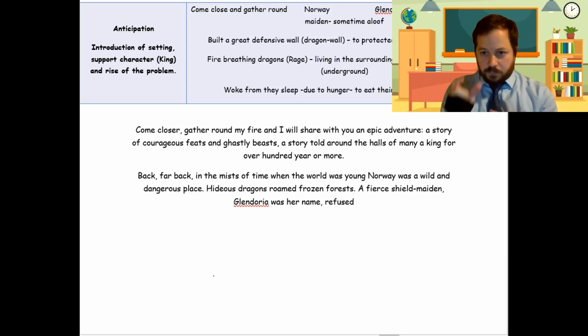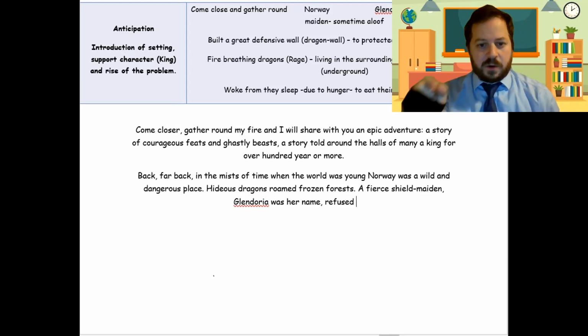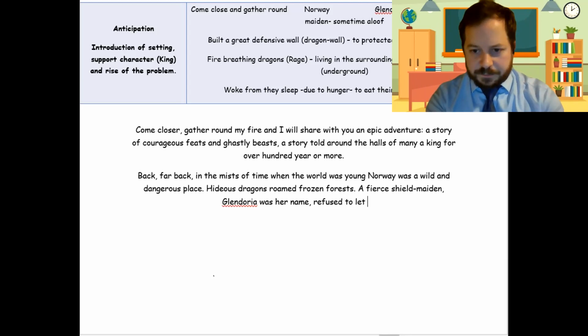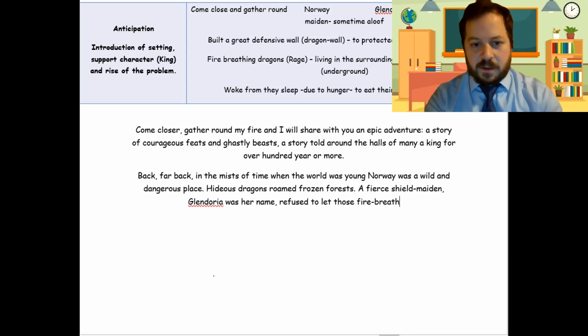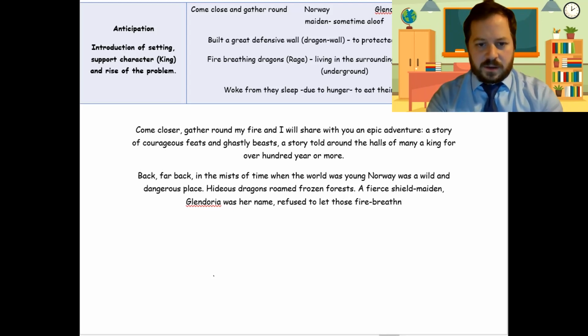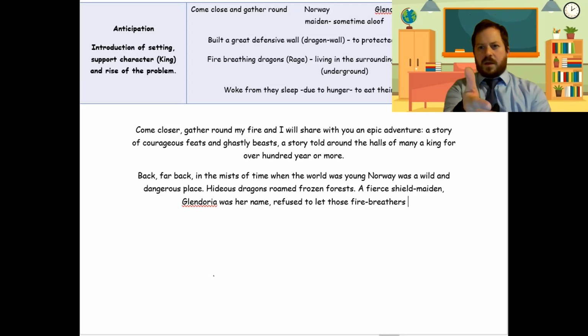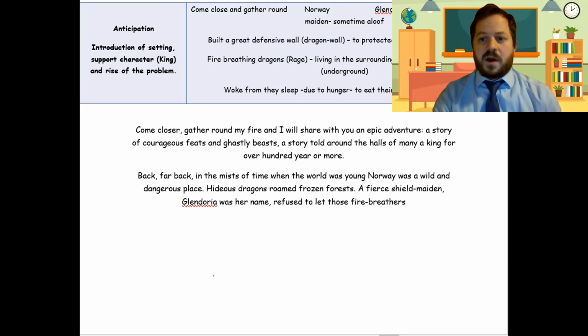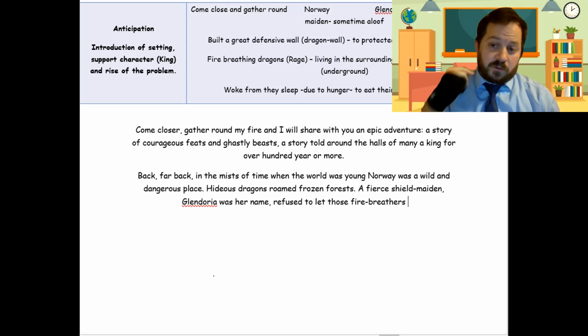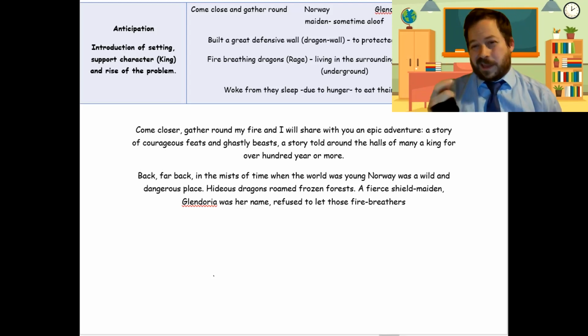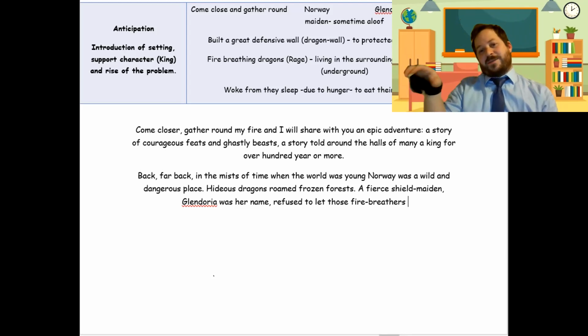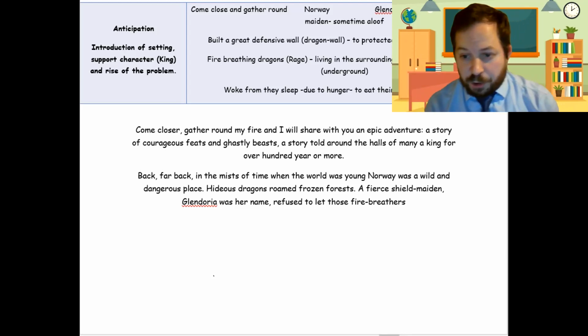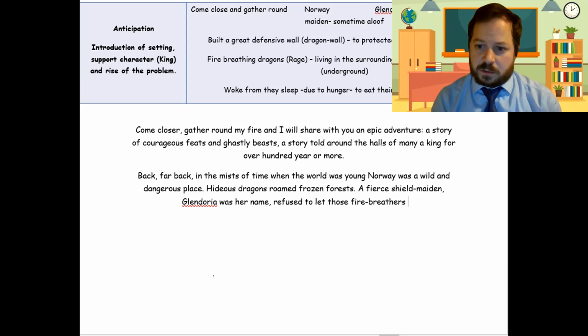Refused. Remember, that parenthesis we can actually take out. So a fierce shield maiden refused to let those fire breathing, we're hinting at something to come later, fire breathers, kenning, but also hints at the fact that they can breathe fire. We use that later in our story. It's called foreshadowing. It's letting people know that there's something that they can do, and you're already telling them that that might be important later on. Nice trick when you're writing. Refused to let those fire breathers ruin